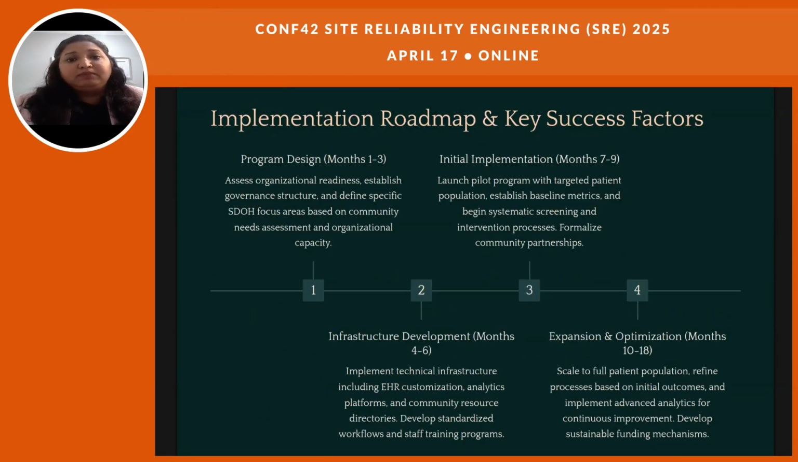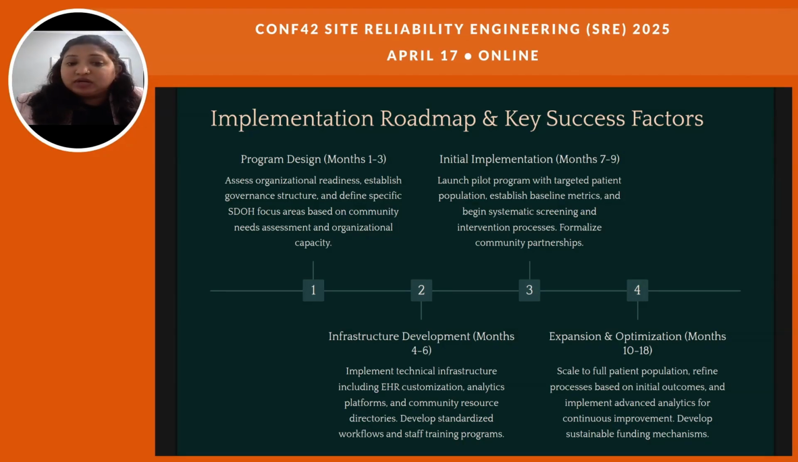Let's look at the implementation roadmap and key success factors. On a very high level, the program design today takes about 1 to 3 months. This involves assessing organizational readiness, establishing governance structure, and defining specific SDOH focus areas based on community needs and organizational capacities. The next set of months from month 4 to month 6 deals with infrastructure development, where